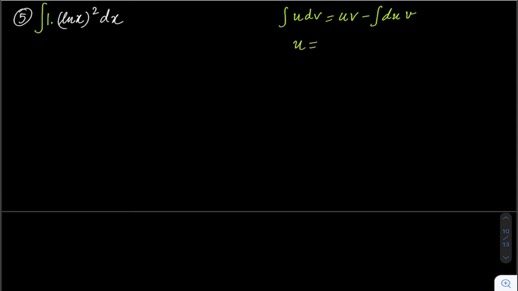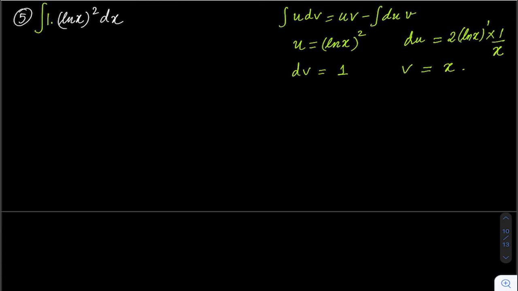So then again, what is my u here? As I explained, u will be (ln x) whole square, and my dv will be equal to 1. So my du value will be equal to the differentiation of (ln x) whole square. I hope everyone understands the chain rule. Now the chain rule says the first power is 2, so 2 comes outside. We reduce the power of ln x by 1, and then whatever is inside the brackets, ln x, its differentiation is 1 over x. And then we have v: integration of 1 is x.